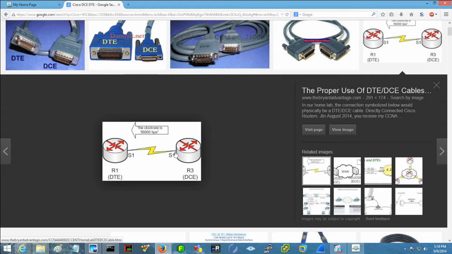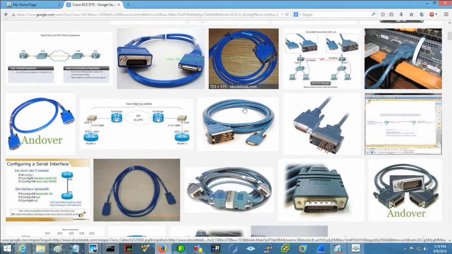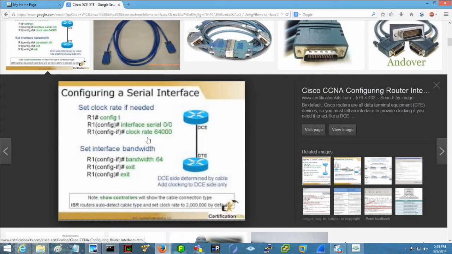If you were to do this in a lab, when you plug that cable into this serial interface and say show controllers serial 1, it would say this side is DCE. So we would go interface serial 1, and we'd have to use a clock rate command. Pretty cryptic configuration. It's not something I've done in production in a very long time, but it is something they'd want you to know for testing purposes. And that is the clock rate, and here's a good example of it from somebody else's class, but hey, Google Images found it.